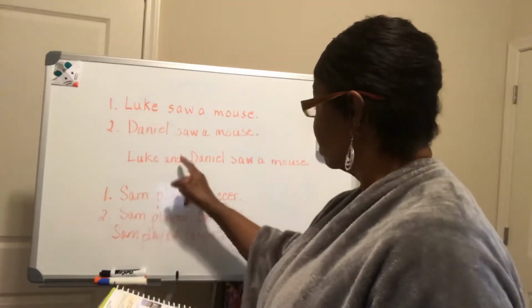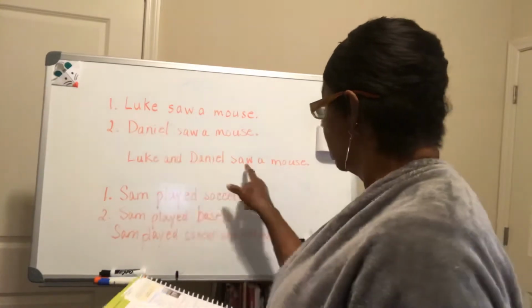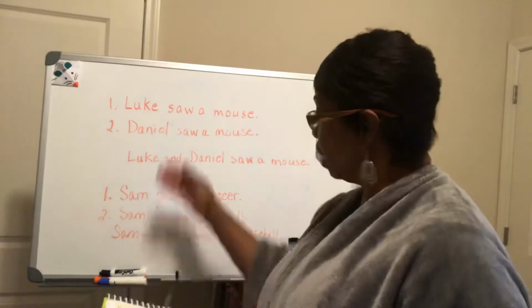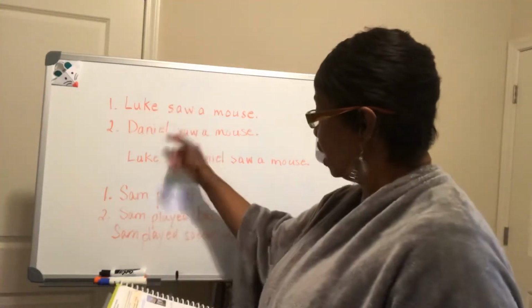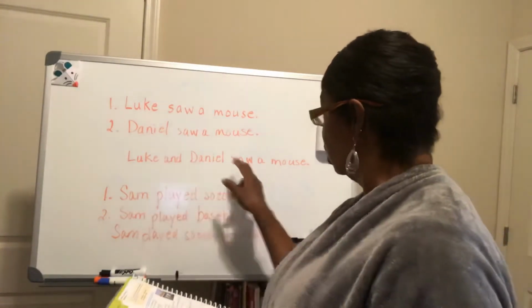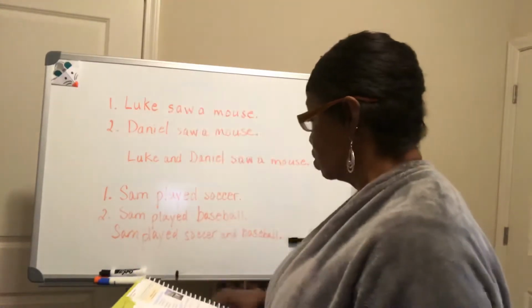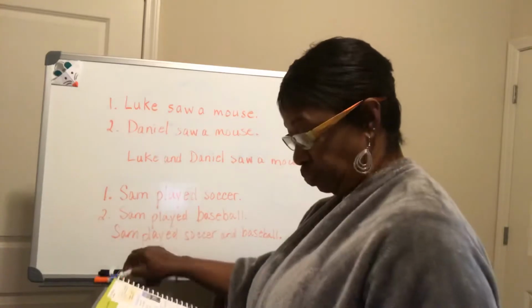Luke and Daniel saw a mouse. Okay, so we combined these two people, Luke and Daniel. They both saw a mouse, so that stays the same, saw a mouse. Okay, so now,